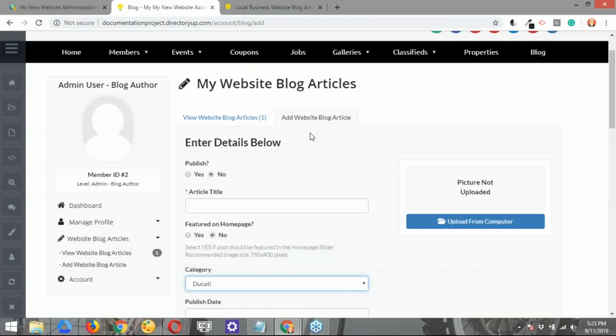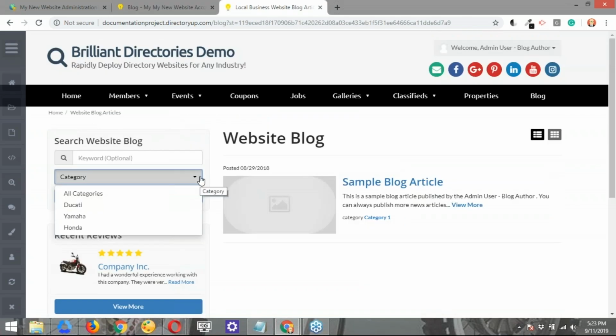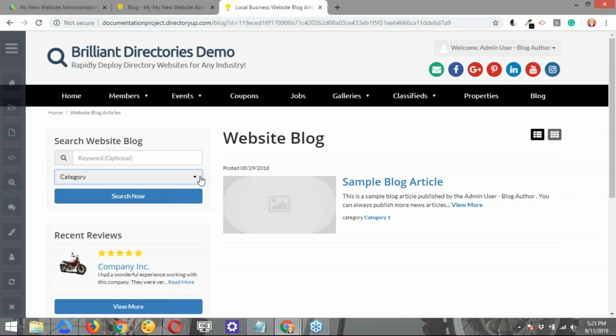Rick, I want to mention something really important. If you can go back to that search results page you were just on. You did in fact update the categories. On the left side, we're seeing all the available categories now for website blogs. But look at our sample blog article in the search results. That was already an existing article that was saved when the category 1 option existed. So in the database, that blog article will always still be category 1.